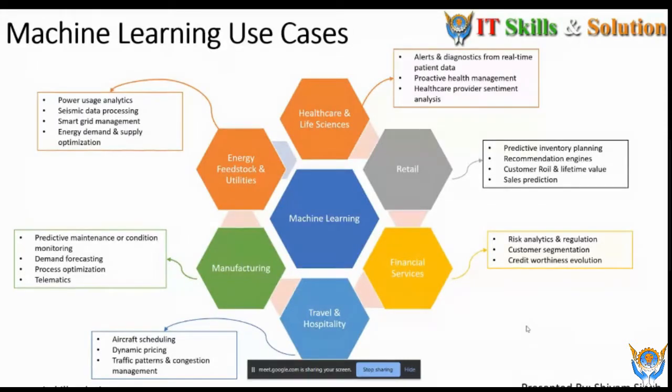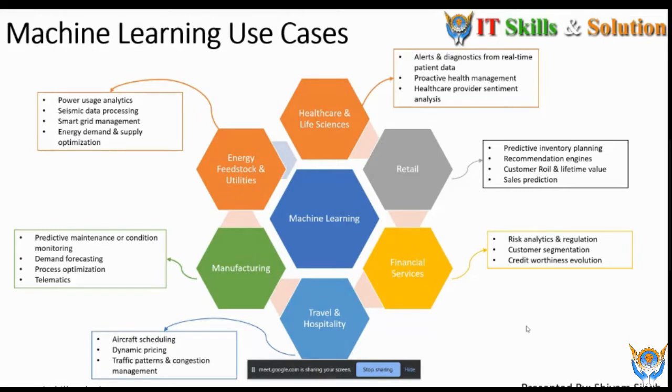Okay, so this is all about the definition of machine learning, which was given by some very experienced teachers and professors. Now comes the machine learning use cases. This is a very interesting thing: all these things that we are seeing today and doing in this boot camp, what is their use? Why do we learn all these things? These are the use cases. We learn this because in today's scenario, in each and every field, we use machine learning in some form.